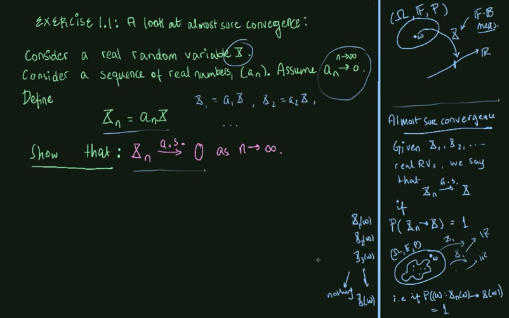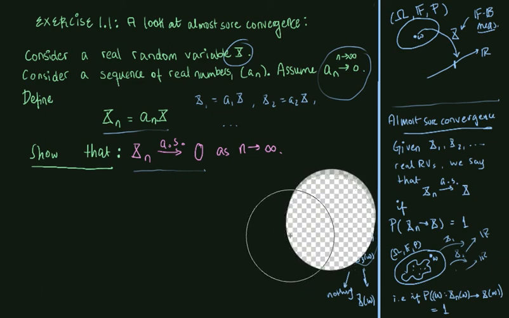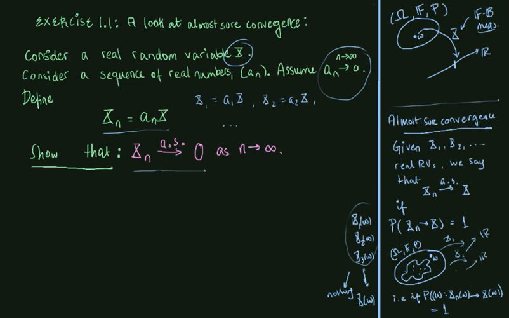If we consider the set where we gather all of the omegas where X_1 and X_2 and so on evaluated in that omega converges towards something, and if that set of all of these omegas has full probability measure, then we say that X_n goes almost surely towards some stochastic variable X. And as I mentioned before, the definition of almost sure convergence is a very comfortable construct in the sense that,